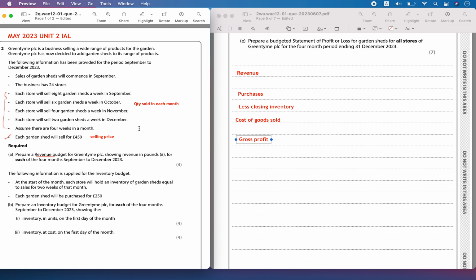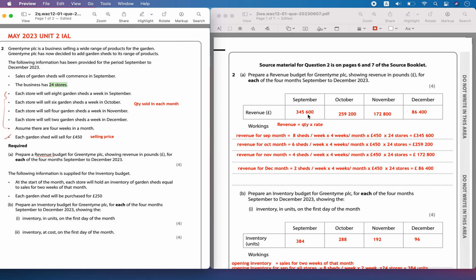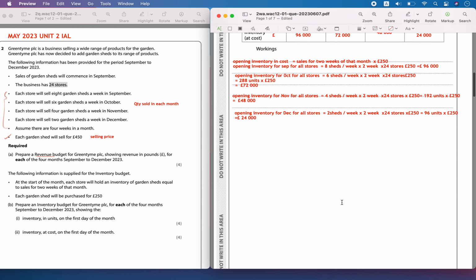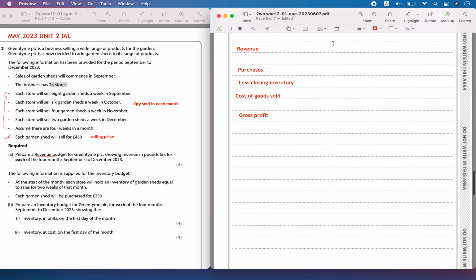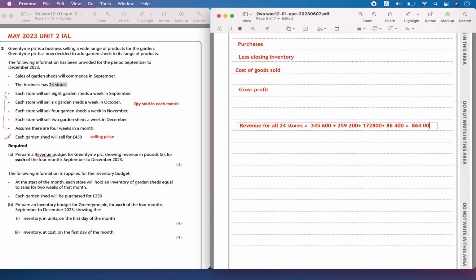the revenue, the total revenue across all 24 stores. In the first part A, we had prepared all the revenue for each of the stores. So let's add up all of them. So 345,600 plus 1,000, 864,000. So when you add up all of this revenue, it is going to be equal to